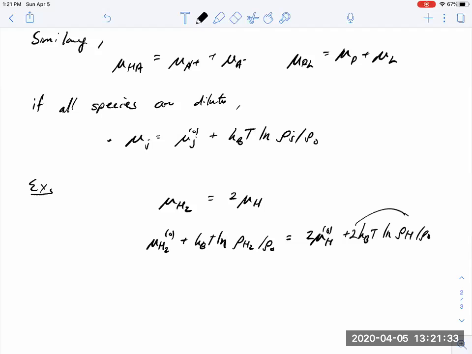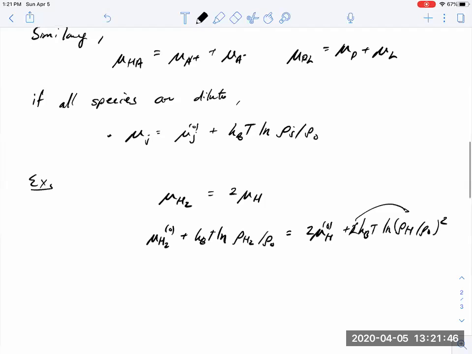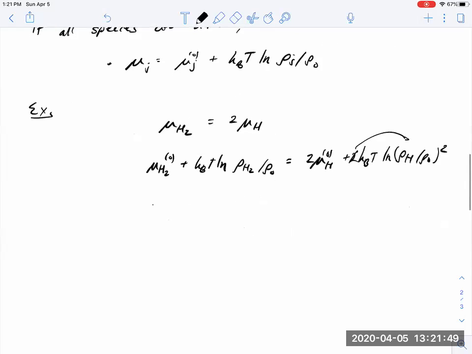If we bring that 2 inside, that squares the density of H. If we group the standard state chemical potentials and define a chemical potential difference in standard state of the reaction as the chemical potential in standard state of H2 less twice the standard state chemical potential of H atom,